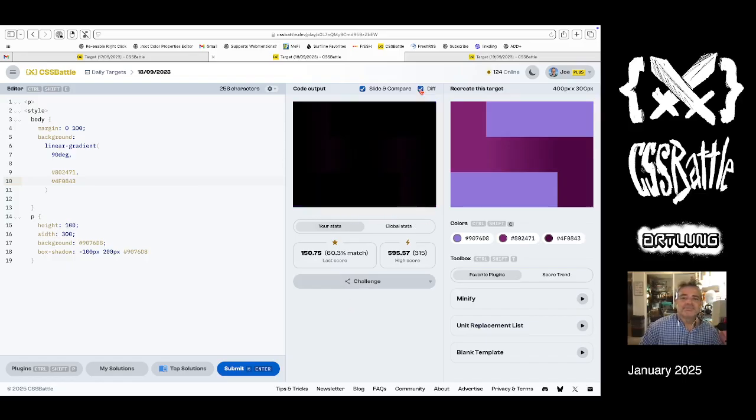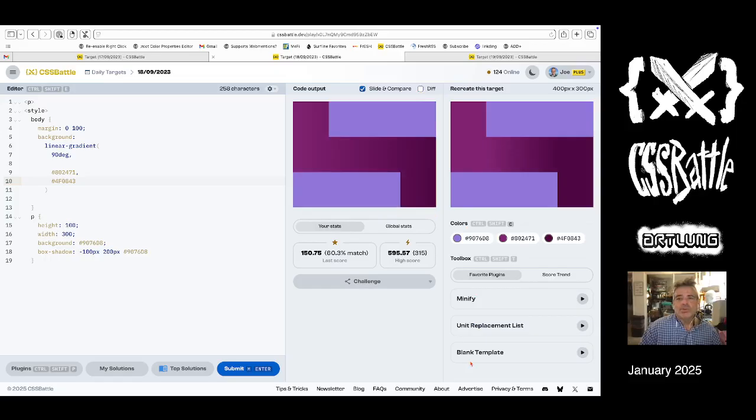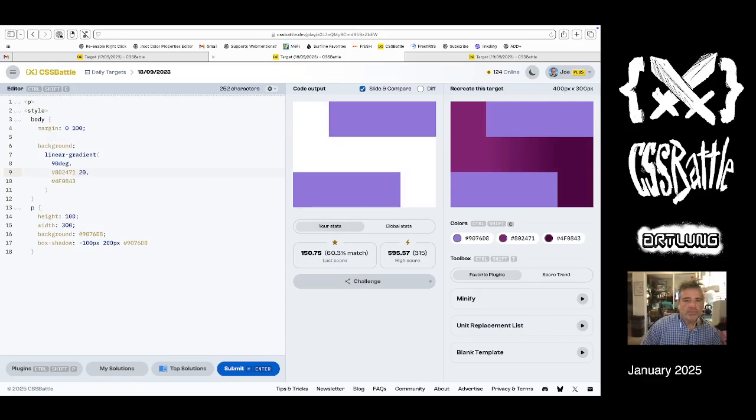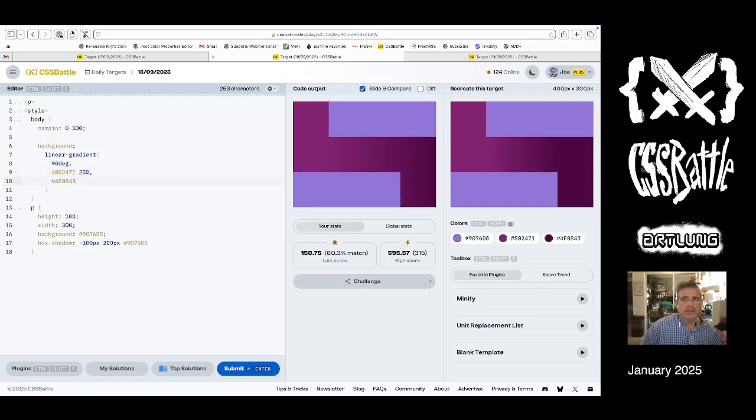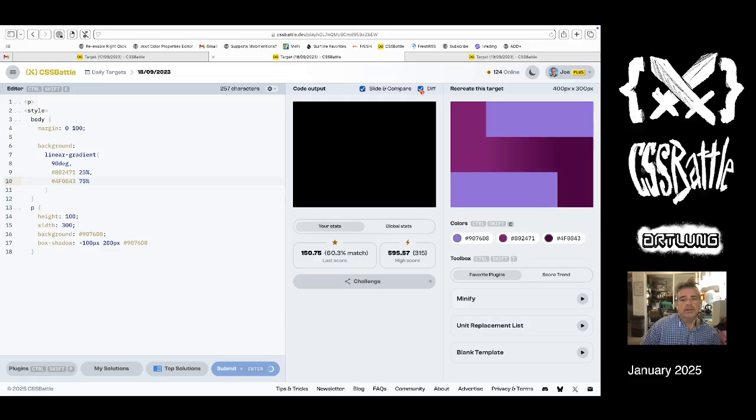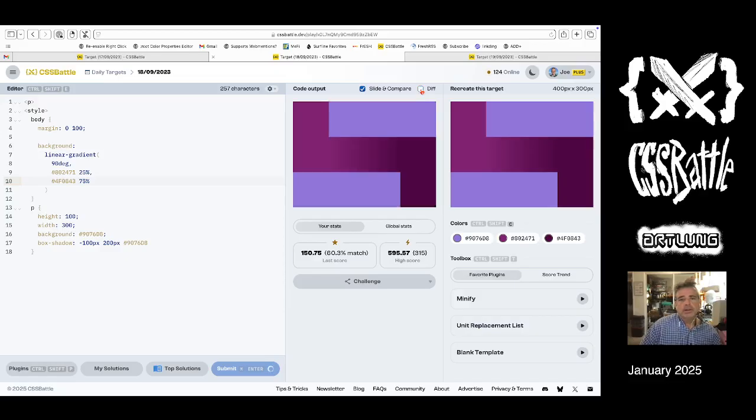So what is wrong with that? Do I need more numbers? I've tried all the numbers. So let's create a variable. So we've got 2 color stops here. Are they at something like 25%, 75%, rather than at 0 and 100%? Let's try that. And then is there a 99.8% match? Okay, so